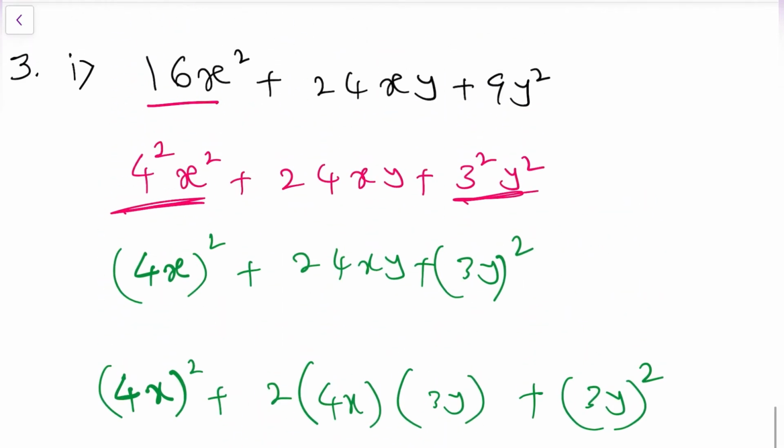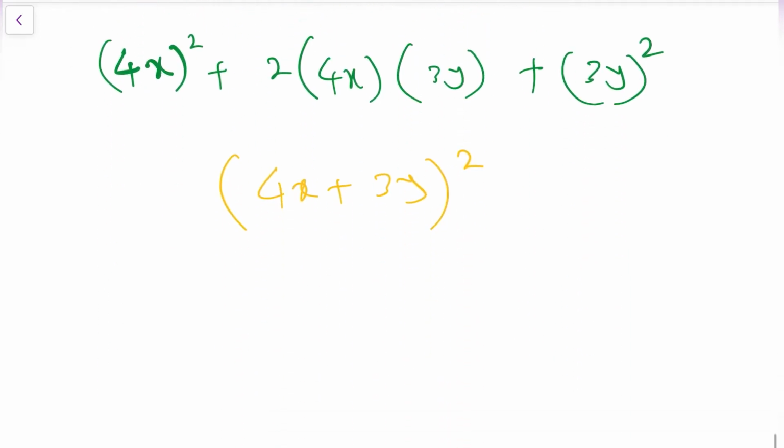The factorization of 16x² + 24xy + 9y² is (4x + 3y)². Next, second question: 4y²